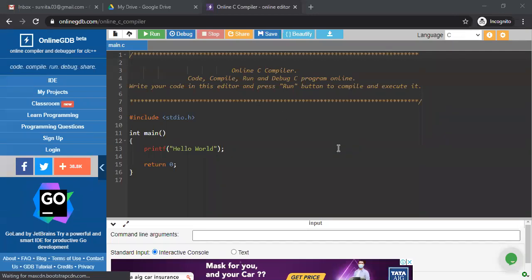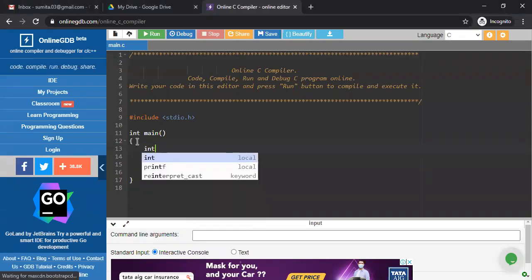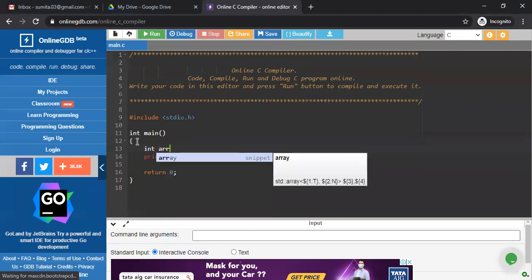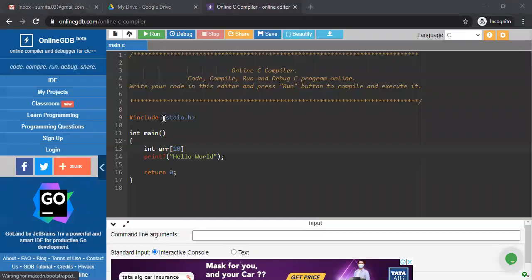One thing, make it very clear: you have some random values and you take those values in a single dimensional array. For that reason, you have to declare a one dimensional array. According to our requirement, suppose we take a single dimensional array with array size 10.